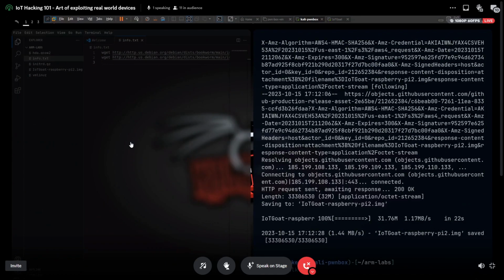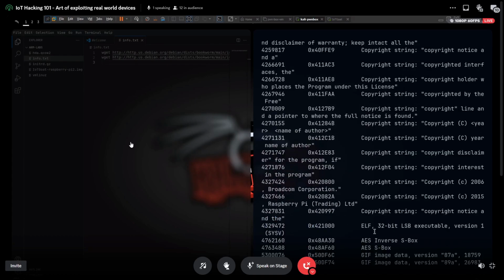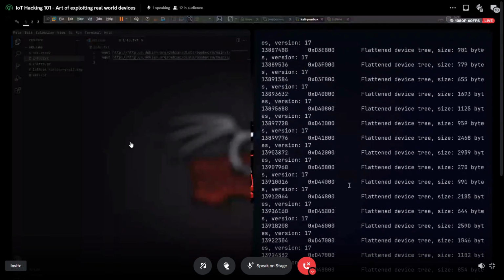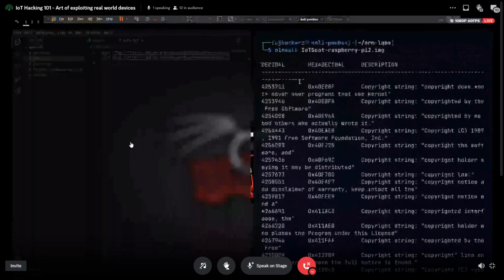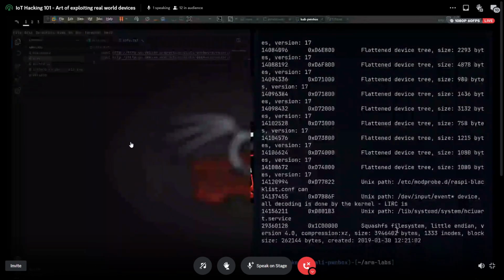So binwalk, if you run it on IoTGoat, you can clearly see a lot of sections which come up. This gives you information about what stuff you can find. You can actually find this stuff using a simple hexdump command as well. You go to Wikipedia, look up the magic bytes, and compare those magic bytes which you find for each section.